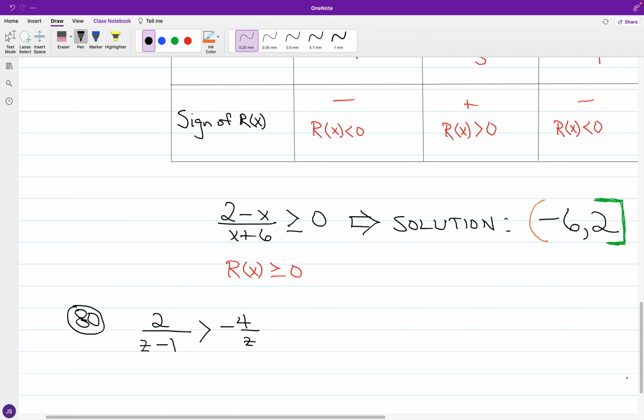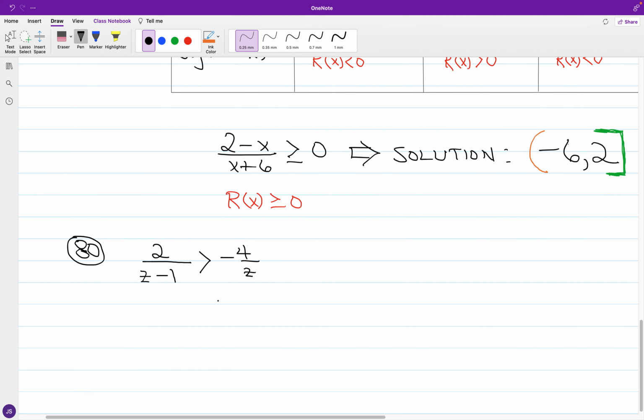Okay. Now let's say you have a comparison of ratios. You do not see 0 on the right yet. If I write this inequality in terms of comparing to 0, to have 0 on the right hand side, I can just move this rational expression over by adding. So you got 2 over z minus 1, and we have plus 4 over z